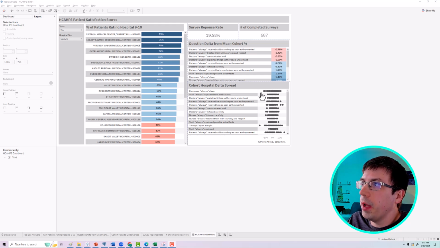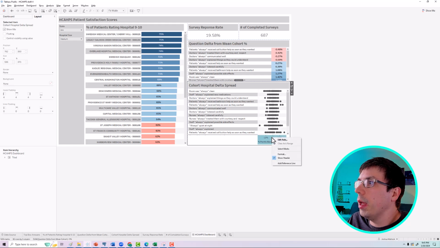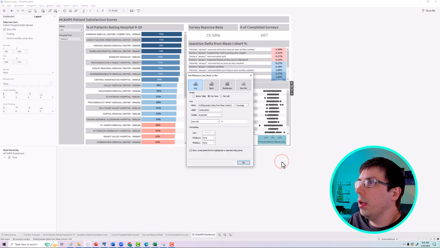I want the left of that to be a warm color, and I want the right of that to be a sort of bluish color. So one's punitive and one's good. So I'll just right click on the axis here and say add reference line. And then we'll go to this fill above and fill below option. For fill above, I'm going to pick this blue, and for fill below, I'm going to pick this orange,